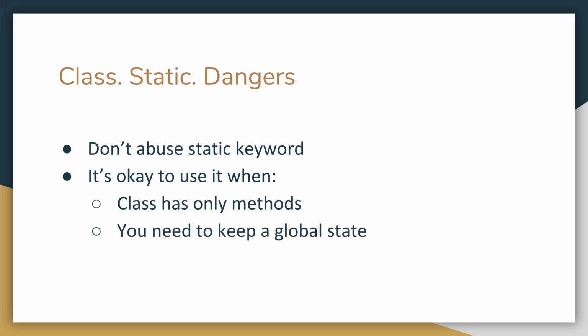On the other hand, static could be useful when you want to have helper methods. When your class has no context, in other words, when your class has no fields and contains only methods, it's not a bad thing to have a static class with static methods. Why not? Because there is no context. A great example is a calculator. You don't need to create an instance of a calculator, because all you have to do is to pass